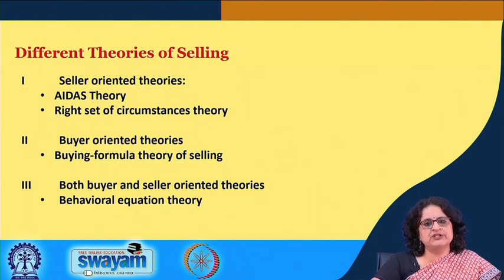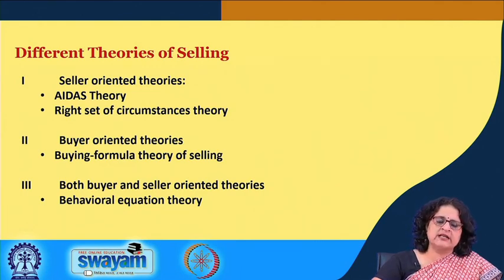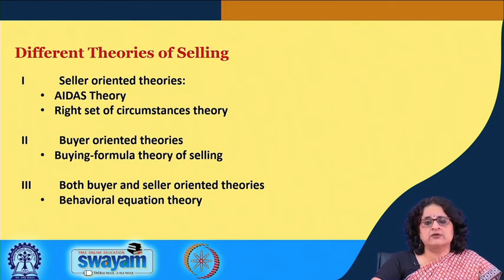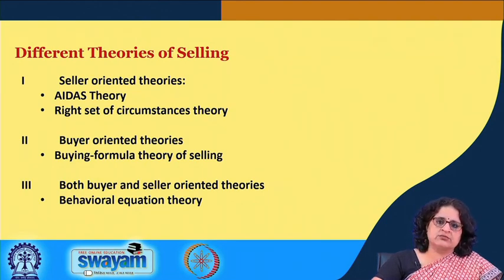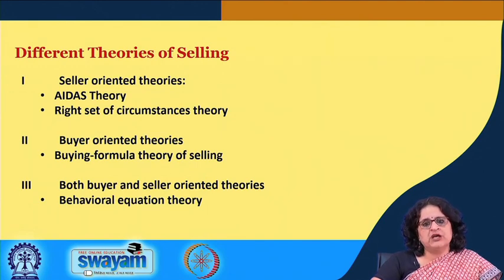We have the seller oriented theories, we have the buyer oriented theories, and we have both the buyer and seller oriented theories. Now, as I said in the previous slide, selling may be considered as an art, it may be considered as a science, and it may also be considered as an art evolving into a science. And I also mentioned that based on whether it's a science or an art, based on these views and these divergent perspectives, what we get is a large number of theories which can be further classified into seller oriented theories or buyer oriented theories,